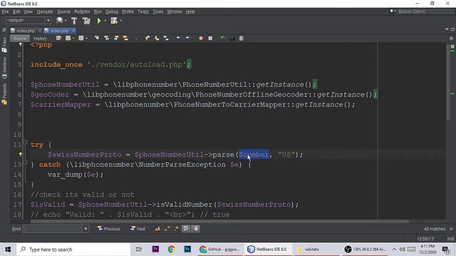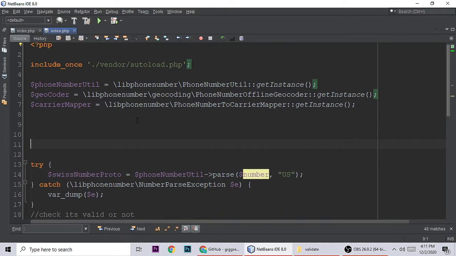This number comes from here, so let me copy it, and this way you can get this value from a form. I'm typing it manually here, I'm not using any form data. We will understand that later.